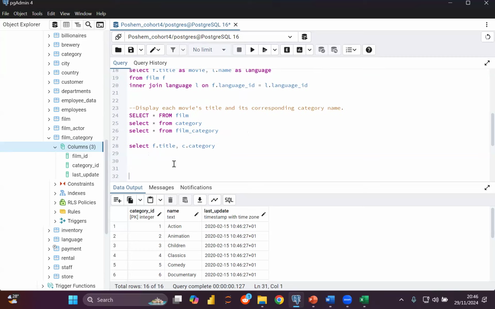From where? I'm going to start with the film table, from film. I'm only calling the title from the film table, so film F, but we have to connect everything to make it work. So I'm going to use an inner join. I'm actually going to join the film category first, because I can't directly join film and category together. Film has film ID, category has category ID, so there's nothing. So if I say inner join film category,